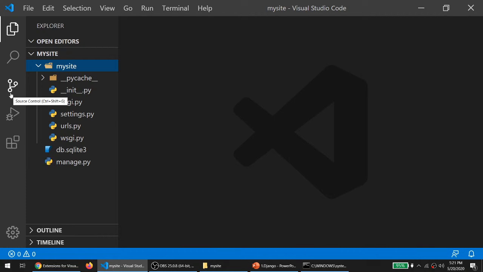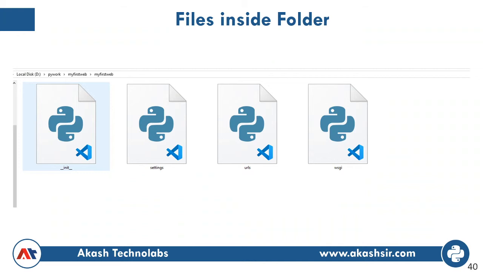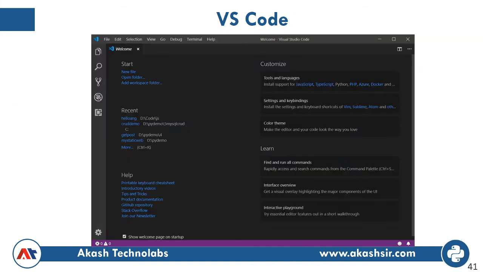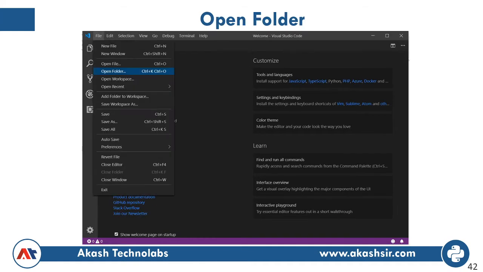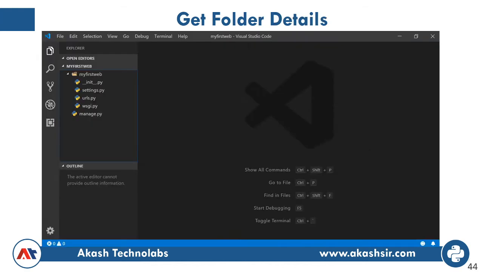Now let's start with the directory structure again. Inside the folder, you can see there are 5 files: settings, urls and wsgi files. You have to open VS Code, select your folder, and in the folder select your project.